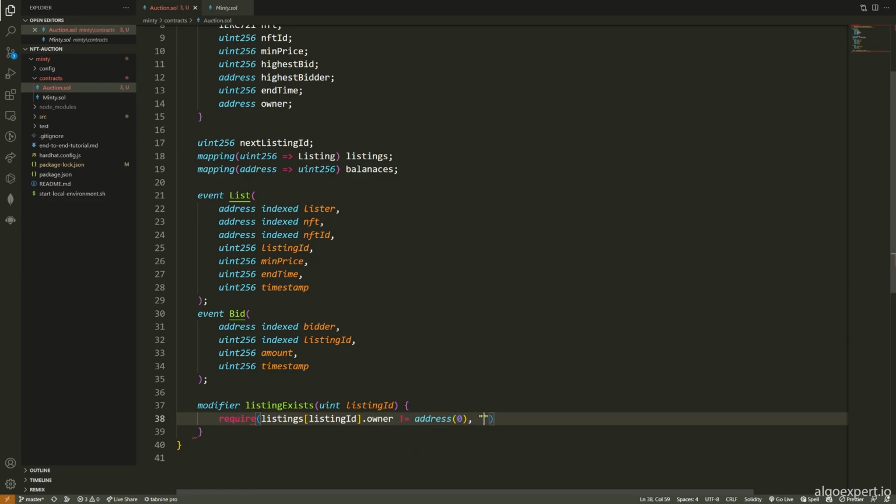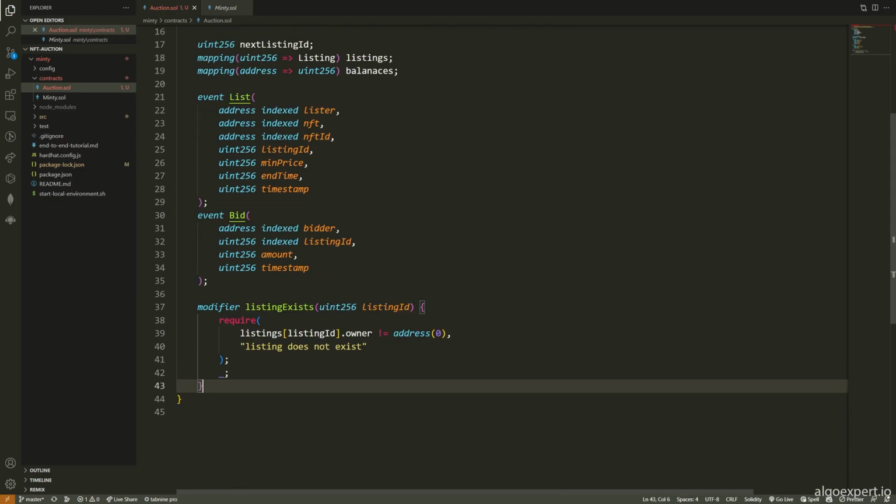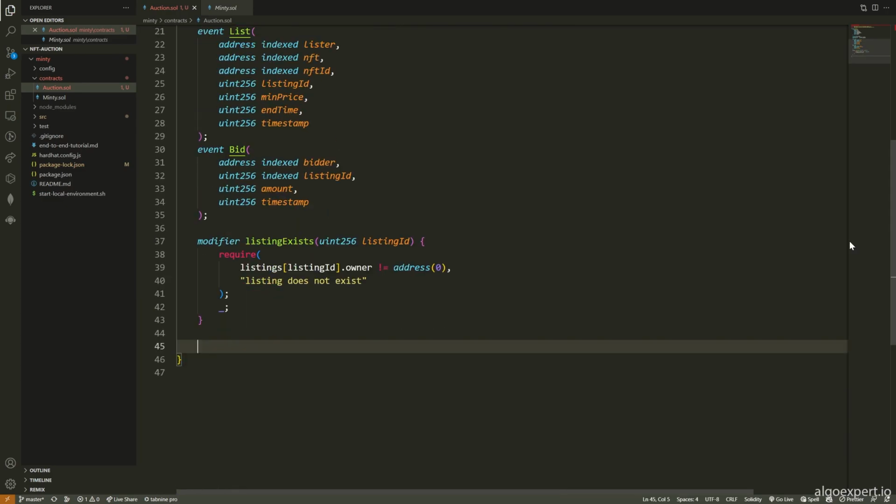If that's the case, then the listing exists. Otherwise, it does not. So I'm going to say listing does not exist. And then I'm going to call our underlying function with our underscore. All right, so now that we've done that, we're going to write this kind of fancy function that we require